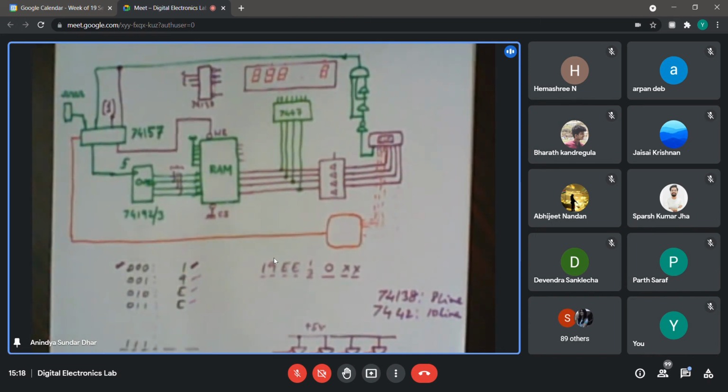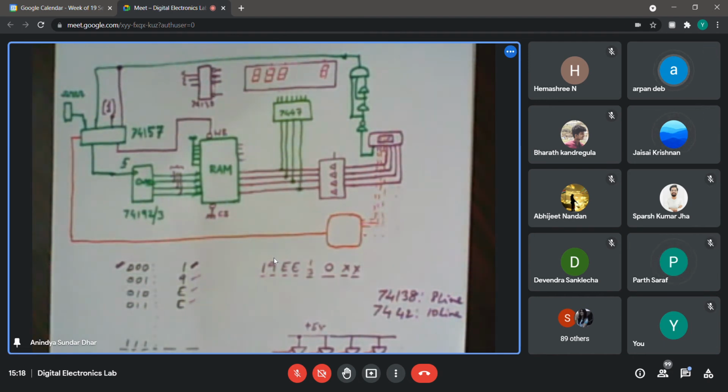But if you plan to use something like a mod 10 counter and show the 10 digits, but anyway, if 1 digit is blank, you really do not require the 10th 7-segment display at all. But in that case, you may use that 10-line decoder 7442. So it will be a BCD to 10-line decoder. If you use a BCD counter, that is a mod 10 counter like 192, you can connect the 4 outputs into the 4 inputs of 7442. It will just decode up to 10 states and then come back once again to 0 as soon as the counter comes back.